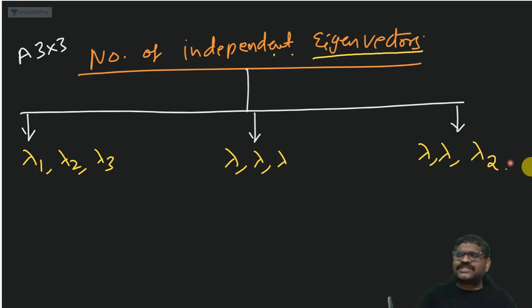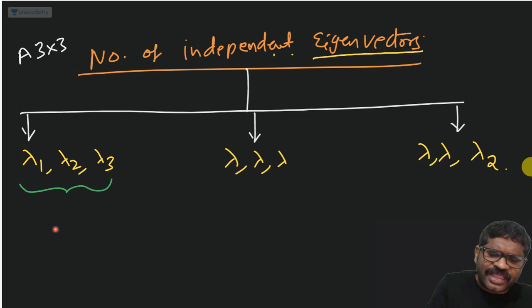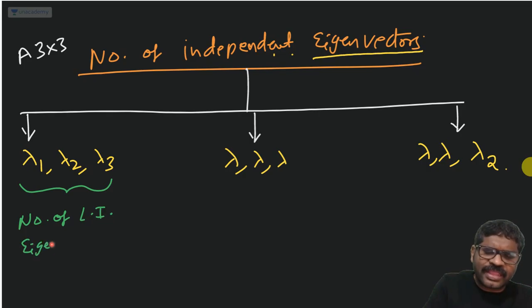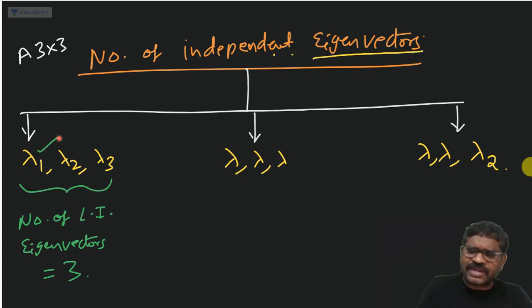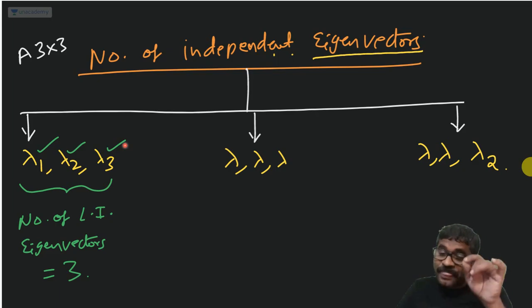Now, same means I have written lambda. So in this case, number of independent eigenvectors equal to 3. There is no doubt about that. Number of linearly independent eigenvectors equal to 3. Very clear. Because for lambda 1, one eigenvector, corresponding to lambda 2, one eigenvector, corresponding to lambda 3, another eigenvector. Okay. Now, whenever an eigenvalue is repeated,